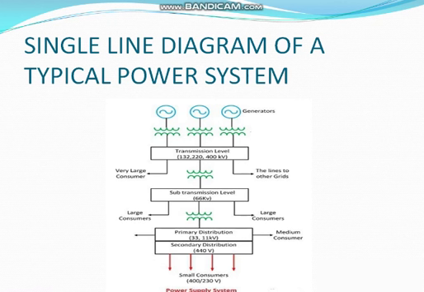This 400 volt is the line voltage, and the phase voltage is 230 volt, which is supplied to the domestic consumer. It means the last transformer or the last substation, the secondary distribution substation, which is known as the pole mounted substation, the transformer is delta star type. Why? Because the star connected system is used in the secondary side for neutral.